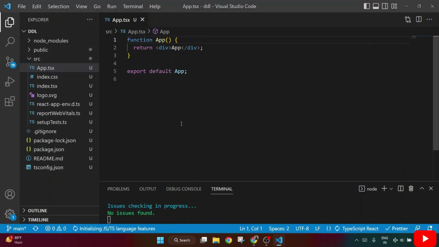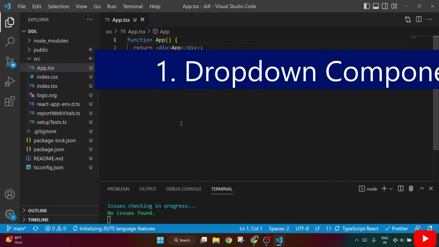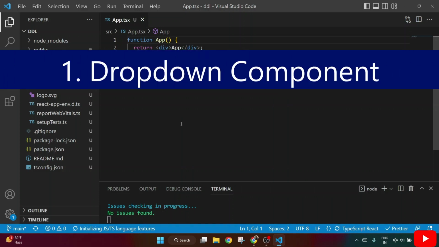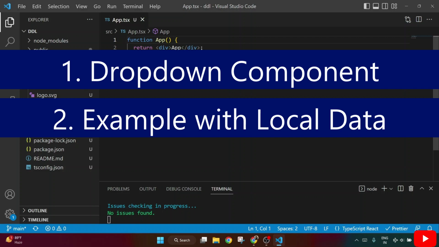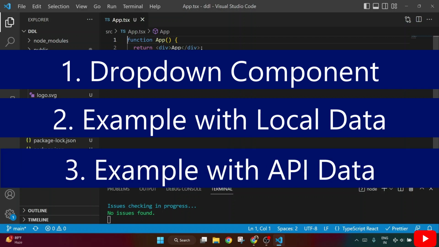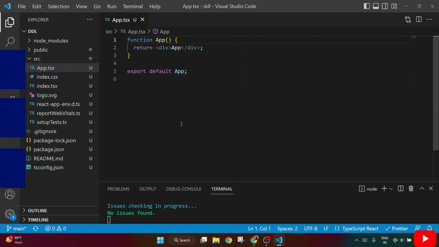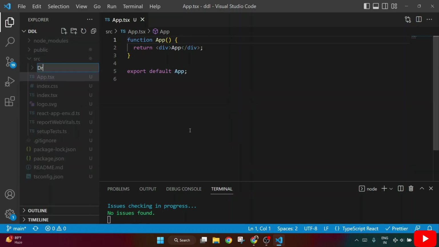We are bifurcating this application into three parts. First, we are going to create a drop-down component. Then we are going to implement our first example with local data, and in the third part we are going to fetch data from the API. So if you are already aware of how to implement a drop-down, you can skip that part and jump to the other part. Okay, let me create a dropdown folder here,